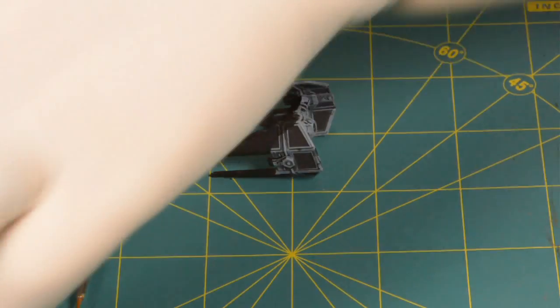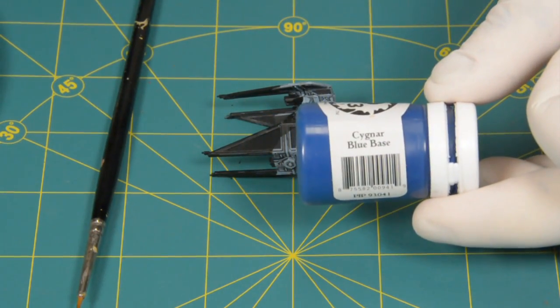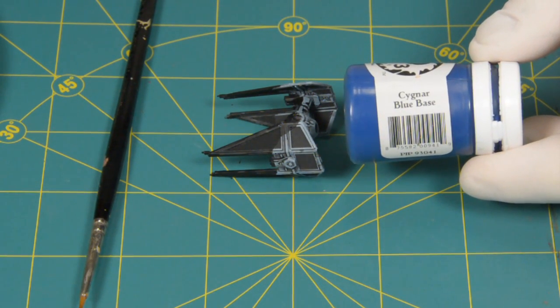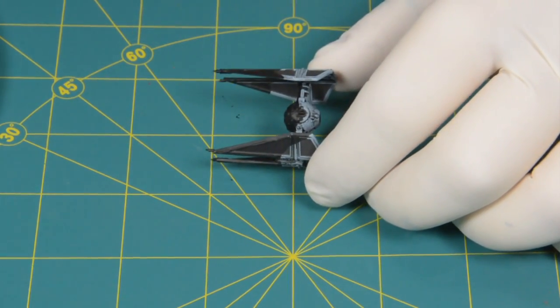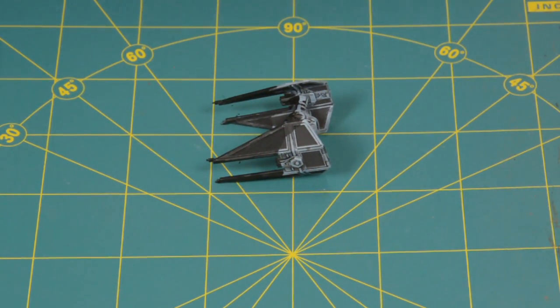Okay, with that done, we're going to move on to using Signar Blue Base as it's kind of a glow color. It's sort of a transition color and it's going to mark the area between cloaked and not cloaked. I actually wish I'd picked a different color, perhaps